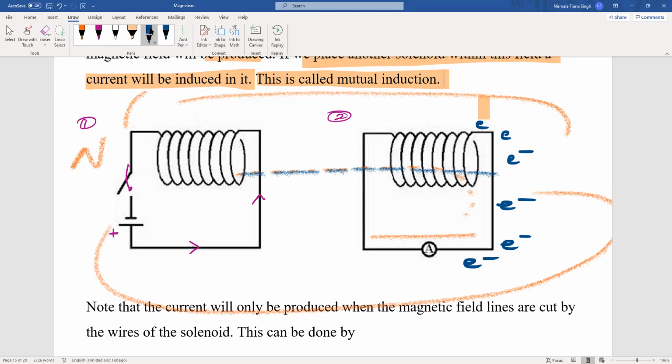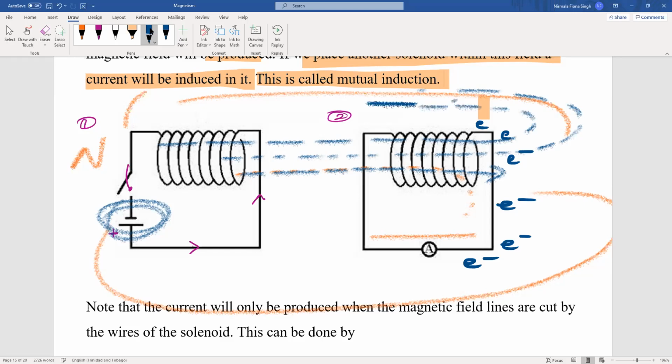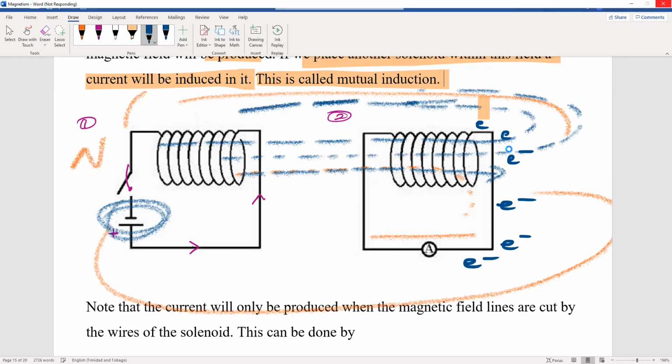But that only happens for the very second we put this on, because as soon as we put on this switch, the magnetic field is going to propagate out into the space around it, not outer space, and create its proper field. So this is what it does in the first billionth of a second. It propagates out into the space around it. Now, this initial motion of the magnetic field,